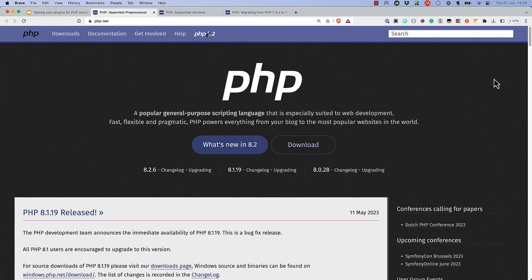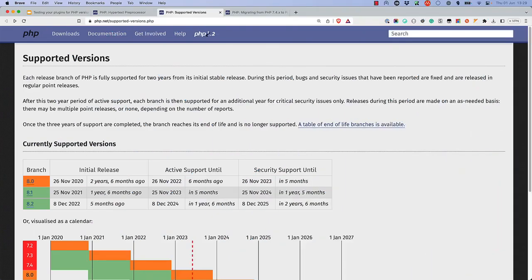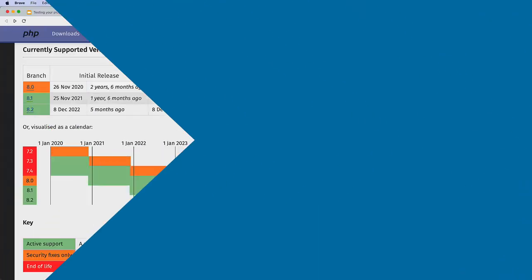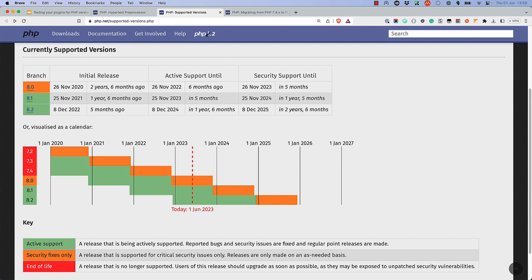In order to know when and how PHP versions are going to change, it's a good idea to refer to the official PHP website at www.php.net. On the supported versions page, you can find information about which versions are currently supported, at what level of support, and which versions are end of life. At the time of this recording, all PHP 7 versions are end of life. PHP 8.0 is supported for security fixes only, and PHP 8.1 and 8.2 are actively supported, meaning bug and security